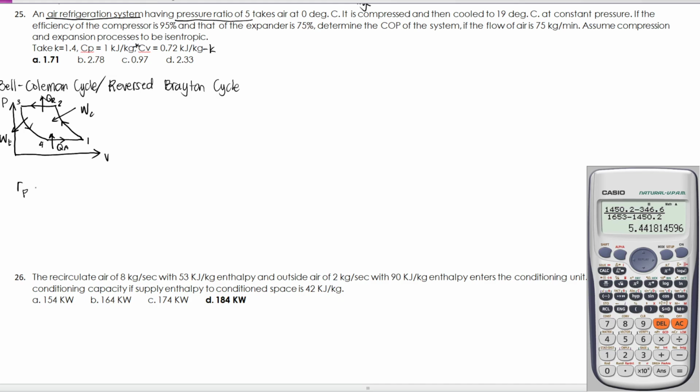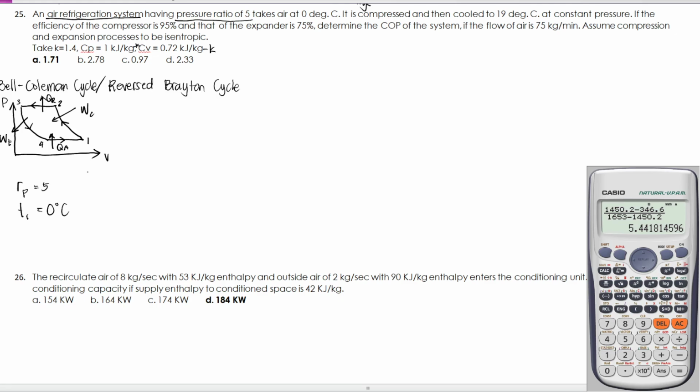So, RP yun. So, by the way, Brayton cycle man yan, o reverse Brayton cycle, so mag-ooperate lang yan between two pressure sides. Okay? So, dito sa process 4 to 1, nandito yung minimum pressure. Dito sa process 2 to 3, nandito ang maximum pressure. So, it takes air at 0 degrees Celsius. So, yun yung pagpasok. That is at point 1,